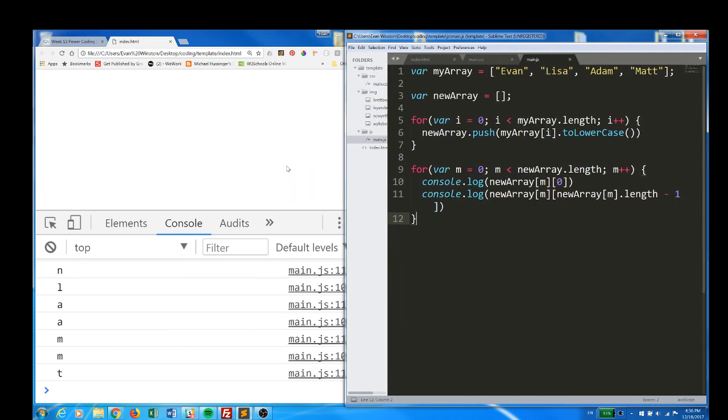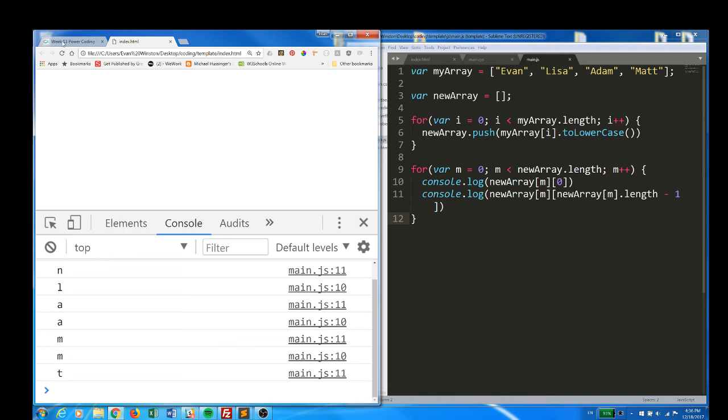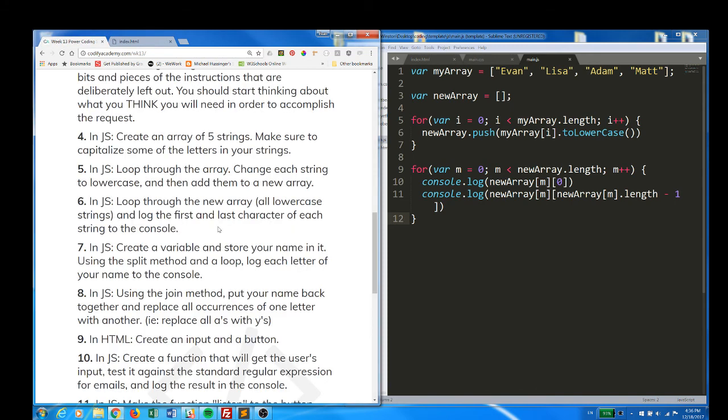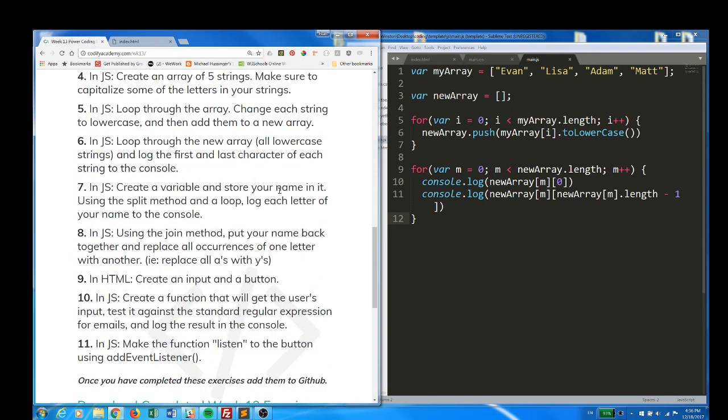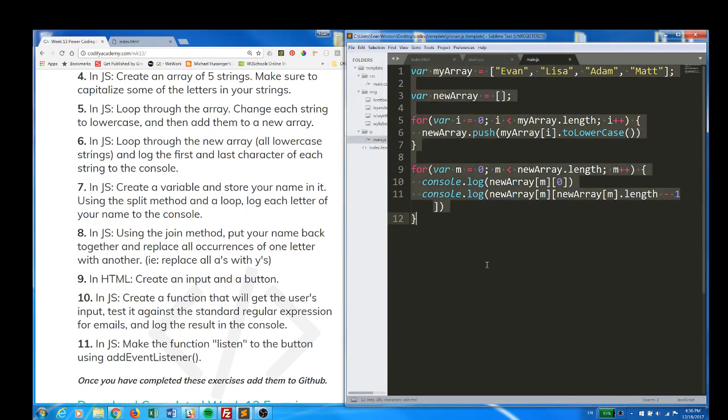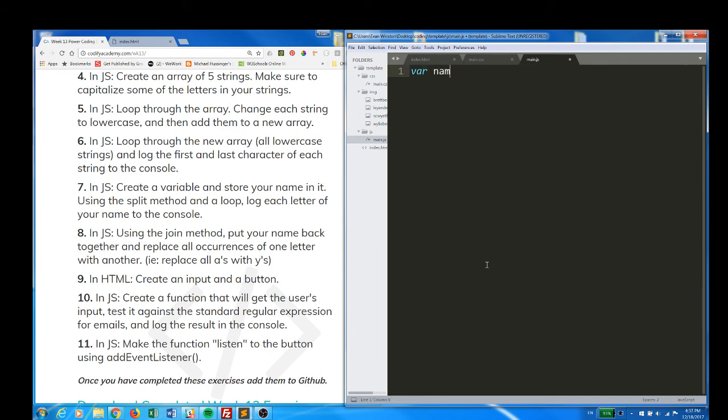Don't let the number of iterators fool you. Create a variable and store your name in it, and using the split method and a loop, log each letter of your name to the console. Var name equals Evan. For var i equals 0, i is less than name.length,